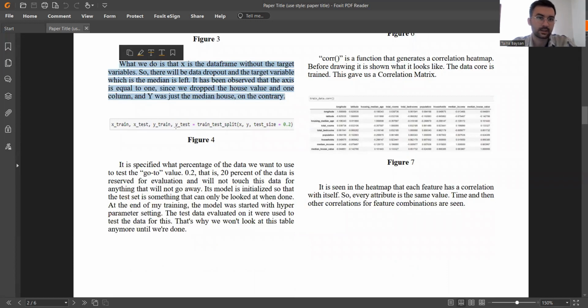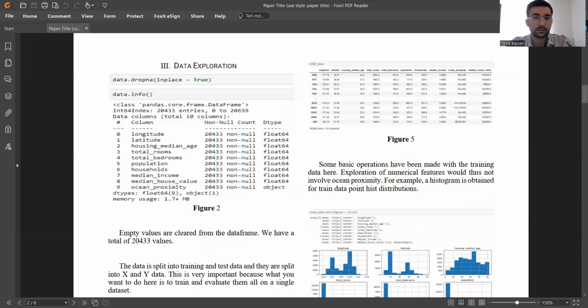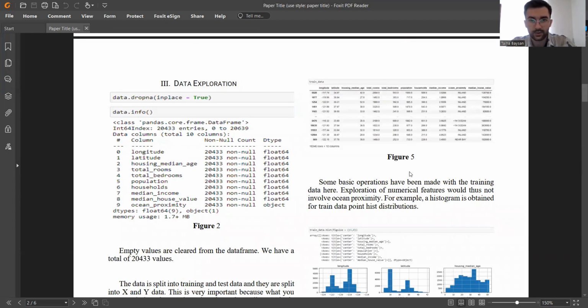X_train, X_test, y_train, y_test is the classic train test split. Test size is 0.2. Train data looks like this in figure 5. Some basic operations have been made with the train data here. Exploration of numerical features does not involve ocean proximity. For example, a histogram is obtained for the train data to see its distributions